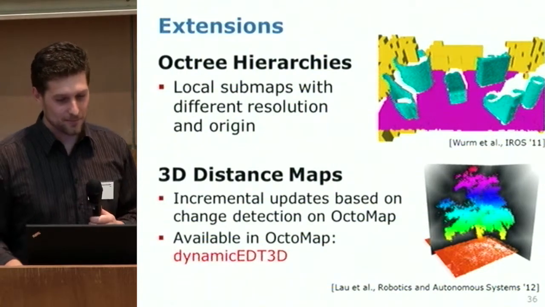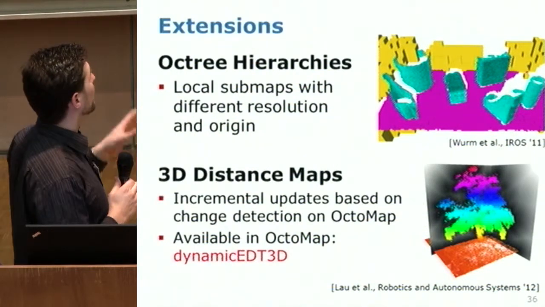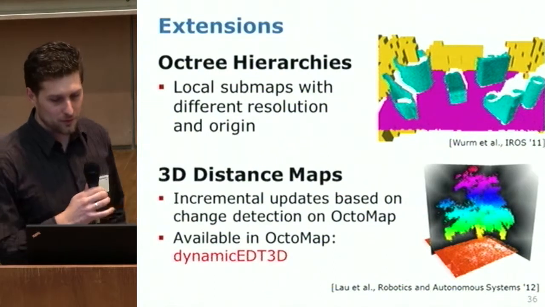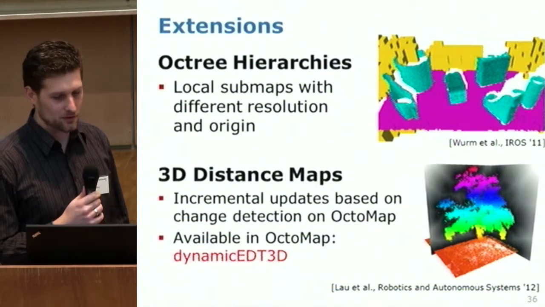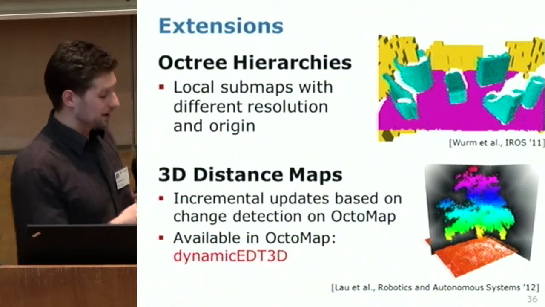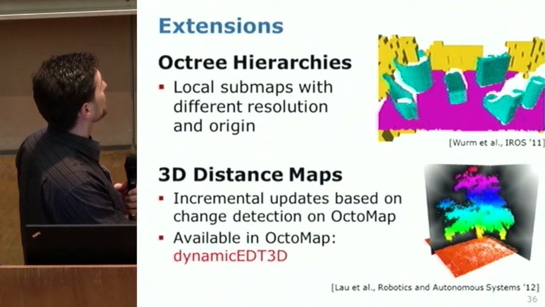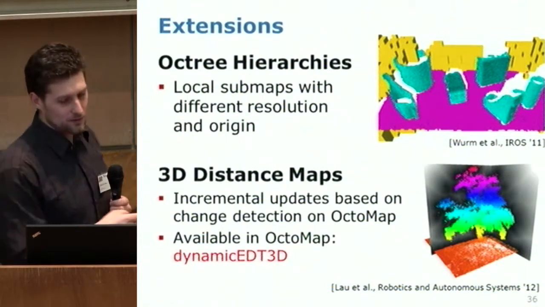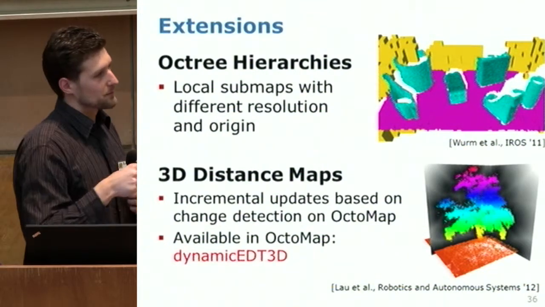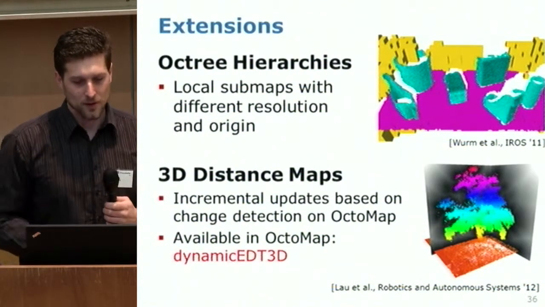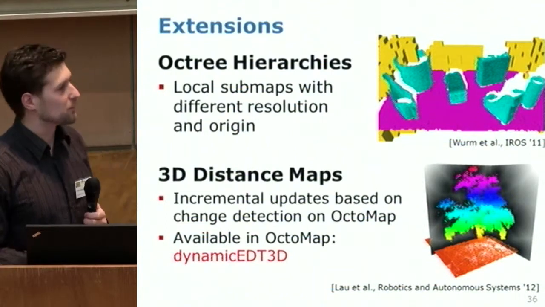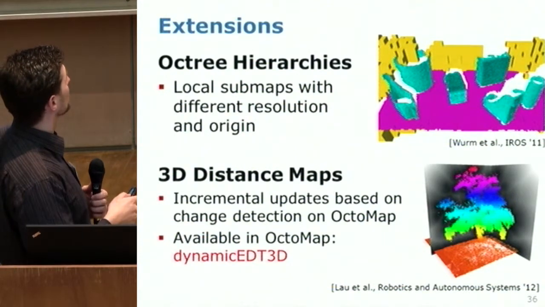Some extensions. I'll only show you these briefly. There are Octree hierarchies presented by my colleague Kai at IROS 2011. Here we have local submaps, multiple OctoMaps with different resolutions, and this allows us to move them independently with different coordinate origins. And my other colleagues, Christoph and Boris from Freiburg, worked on 3D distance maps,